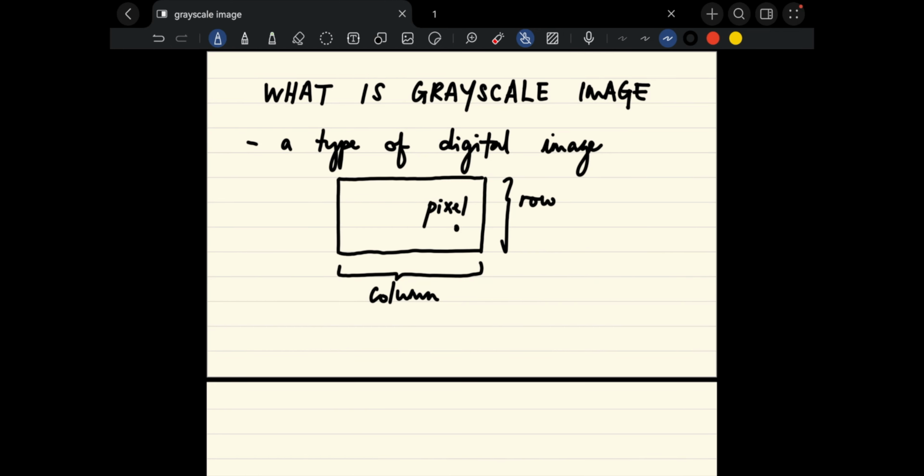So in terms of grayscale image, the pixel has values representing intensity or brightness.